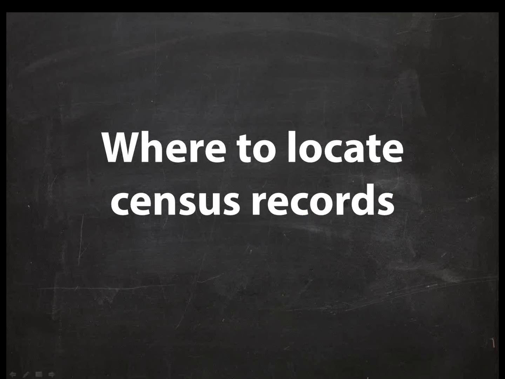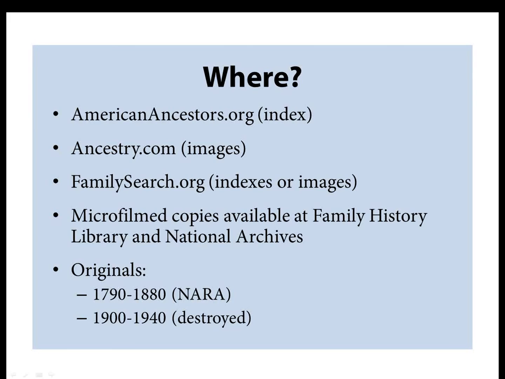So where do we locate census records? Most everyone does it now online. American Ancestors has an index, Ancestry.com has images of all the censuses, FamilySearch has a combination of indexes and images, but the National Archives has microfilmed all of the records from 1790 to 1940. It's important to note that the originals, the 1790 to 1880 originals, were sent to NARA, and the 1900